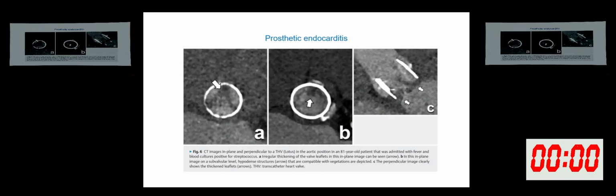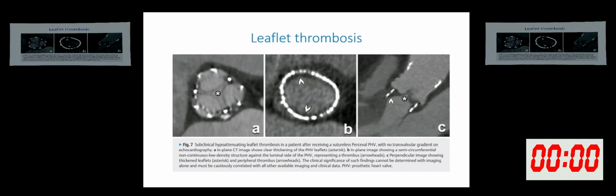You can see here, after the deployment of the valve, there is a significant paravalvular regurgitation. There's no other way; we have to close it with a plug. Again, prosthetic endocarditis: the patient comes with a fever after TAVR, either a month or 2 months later. We can see here there is a hypoattenuation and the vegetation is growing, and we need to start IV antibiotics after the cultures. Again, leaflet thrombosis. We see that over the follow-up the valve gradient is increasing, so we can get a CT done, and there is a hypoattenuation. Again, there is a leaflet thrombosis.